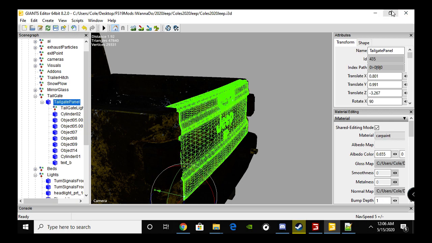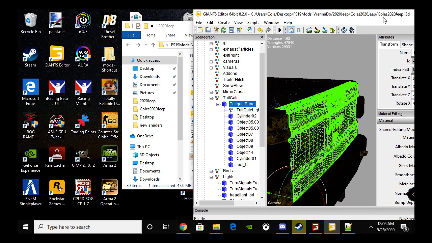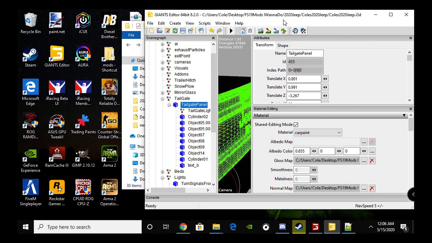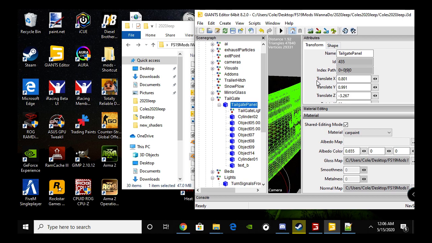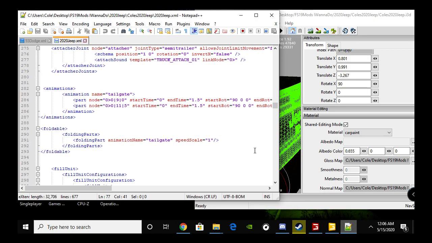So now that we've got all that done, we're going to grab this, slide it over, and move it over to here. Alright, so we know our tailgate panel is at a 90 right now. So we're going to open up our